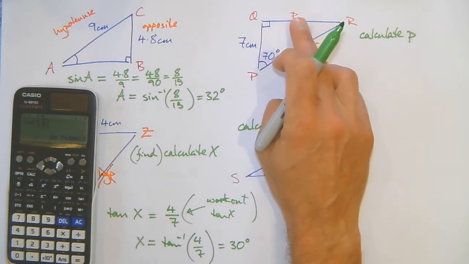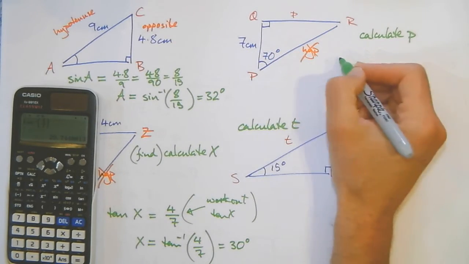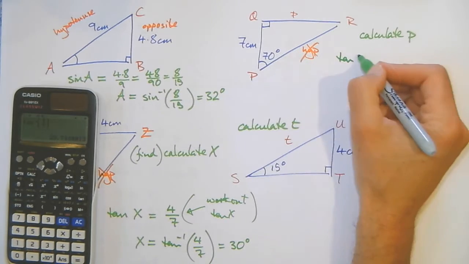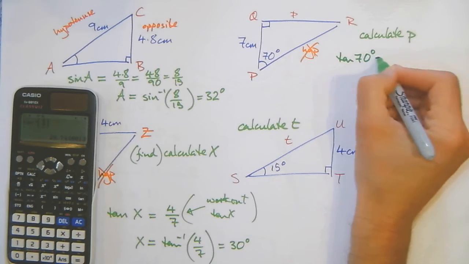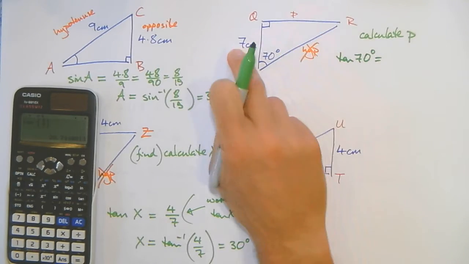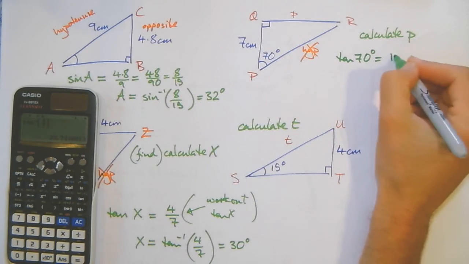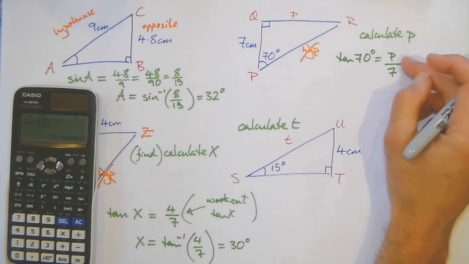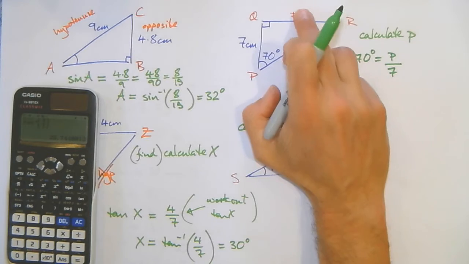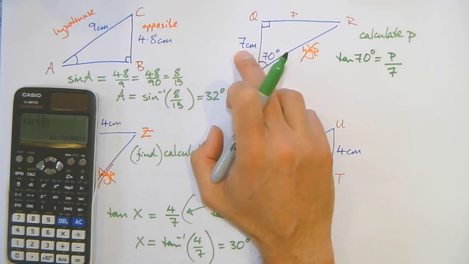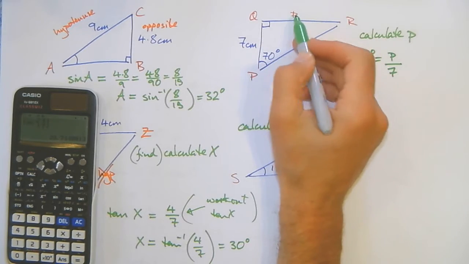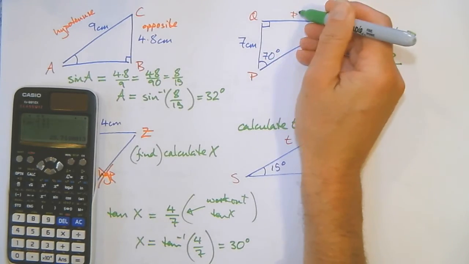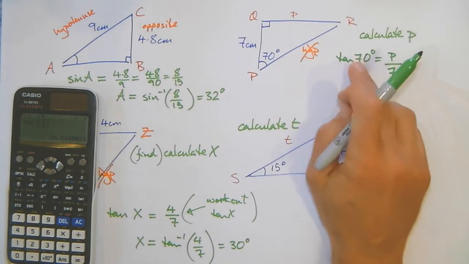So I'm going to say that tan of this angle is this opposite side divided by the adjacent side, and the order has to be correct. It's got to be that side divided by that side, whether or not what you're finding is that side. So it's always this opposite side divided by the adjacent for tangent,